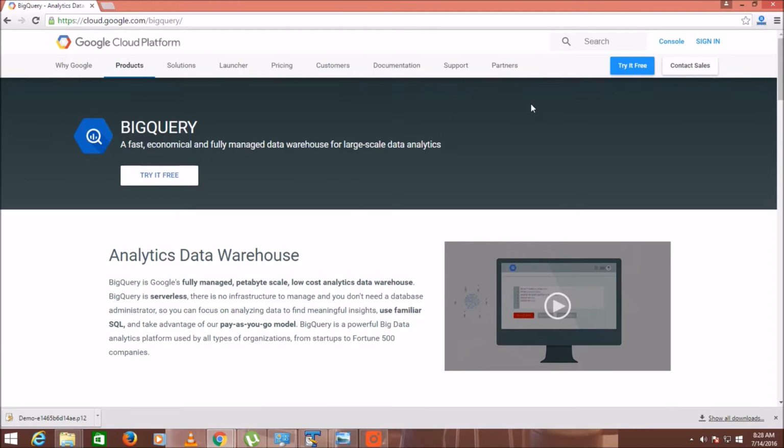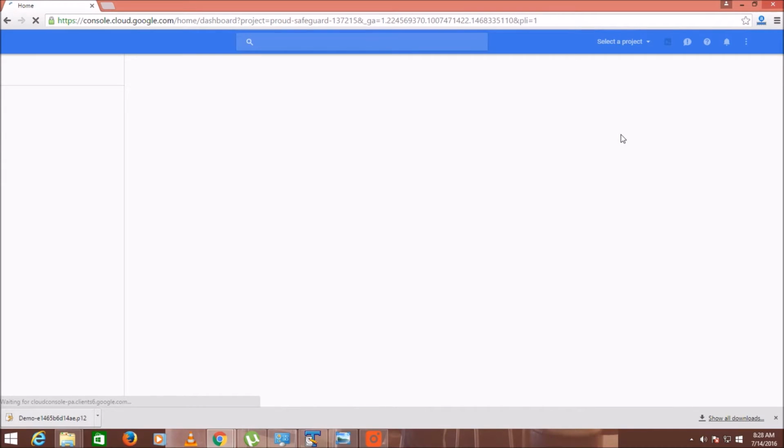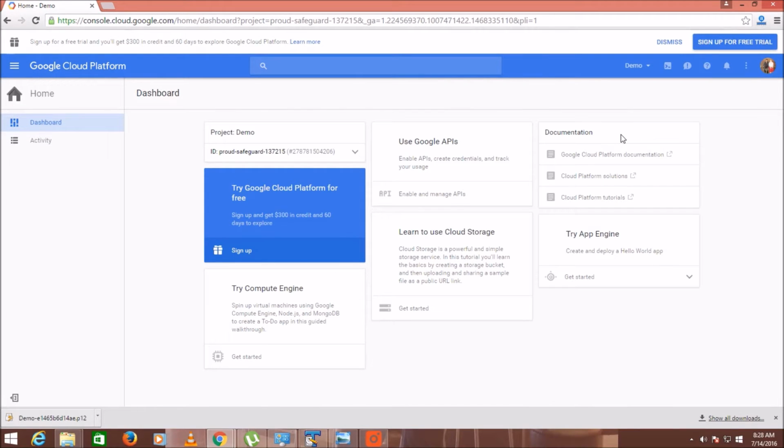And the next, or the first step, is to create a new project. In the meantime, let me clear, BigQuery is not free. You have to verify your credit card before accessing BigQuery. But the prices are very economical. The first 1 TB will be free for all, and after that you have to pay $5 for 1 TB.